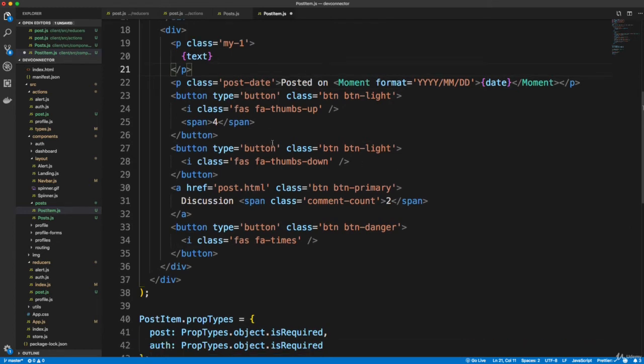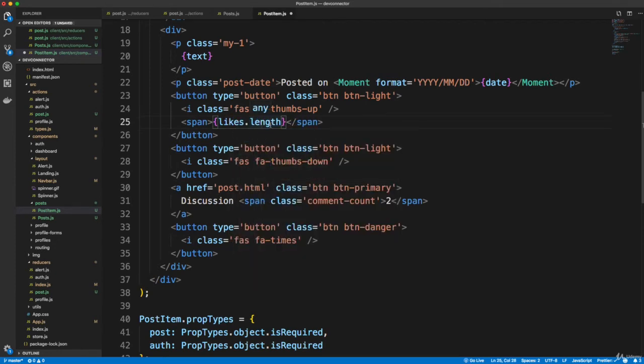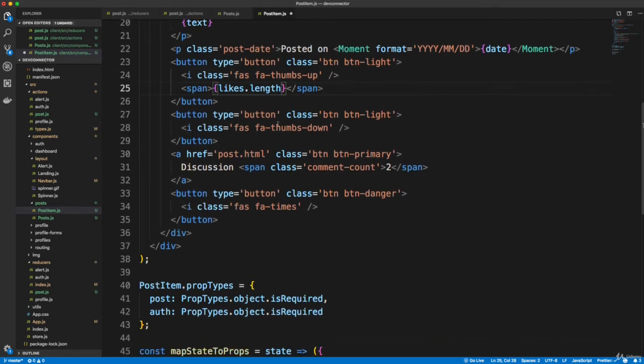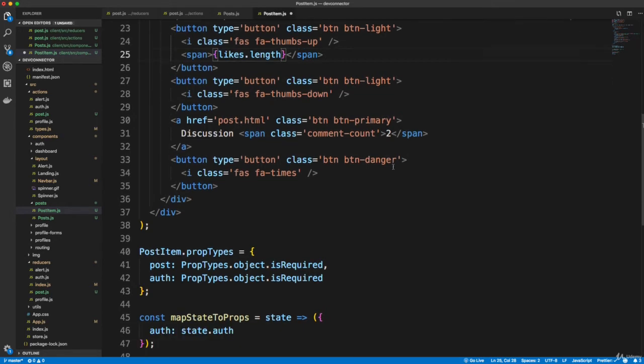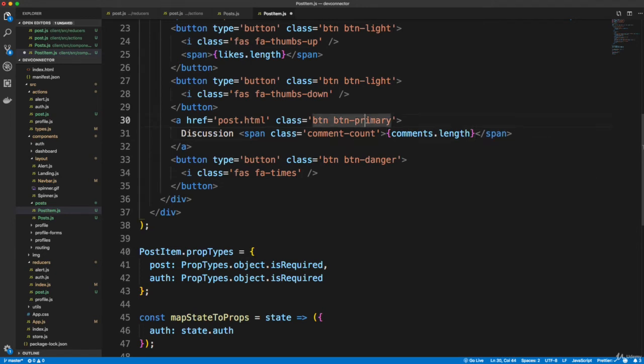And then let's see, we have a button here for the like. So we're not going to do that just yet, but I will get the actual number of likes. So the span right here, let's replace this with likes.length, and that will tell us how many likes it has. All right, then we have the remove button, so we'll hold off on that. Let's see, and then we have discussion. We can get the length here, so we want the comments dot length, and then